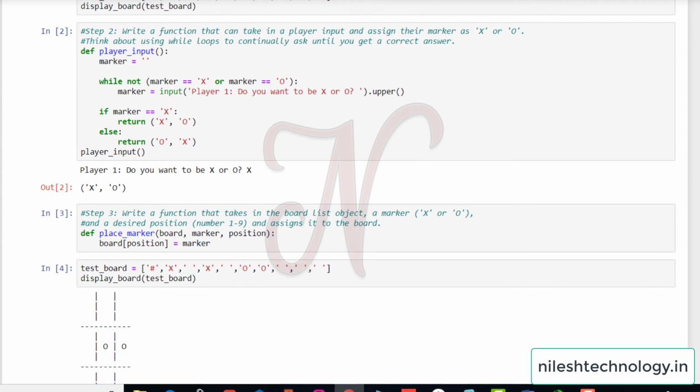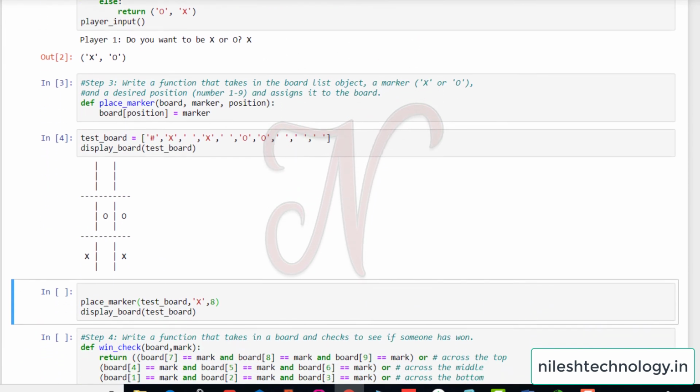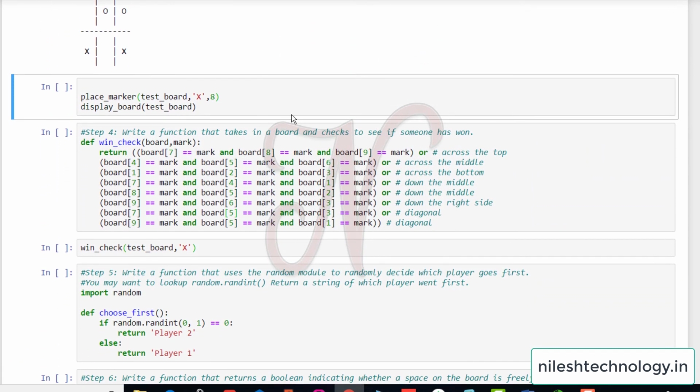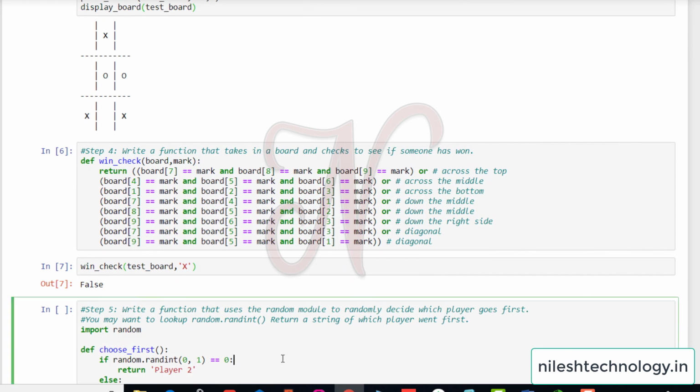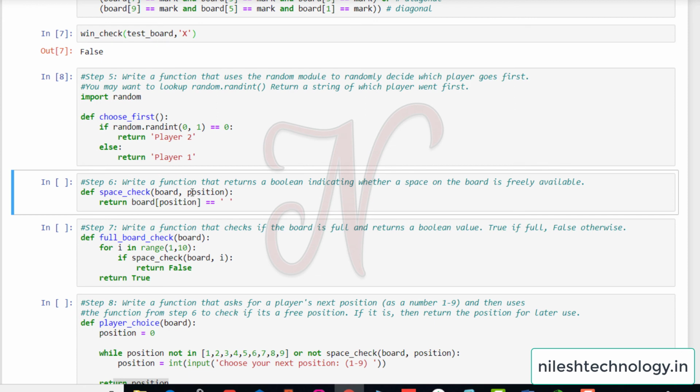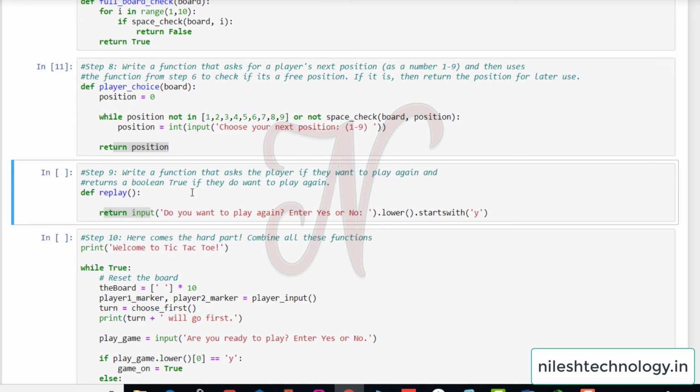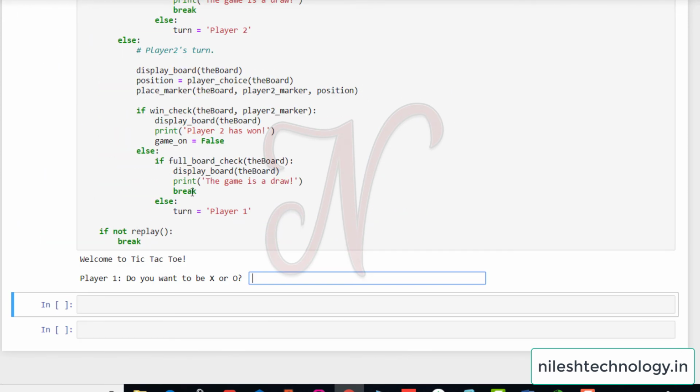This is your board. Then mark this 8 on this new position, then win check. See here, my output is false. Again the next steps, 6, 7, 8, step number 9 and step number 10.